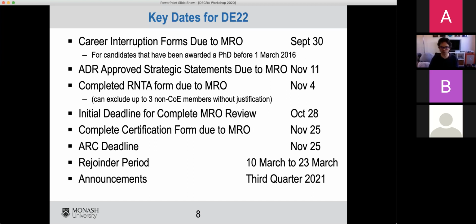You can exclude more, but you start needing to justify why those individuals are excluded. And if you would like to exclude a member of the College of Experts, you always have to provide a justification. So make use of the form if there are people you would rather not have assess your grant, or if you would like the peace of mind of excluding people that you might be worried about.